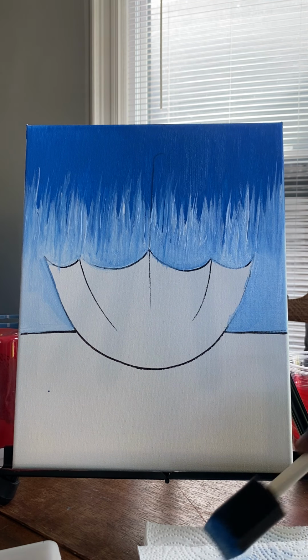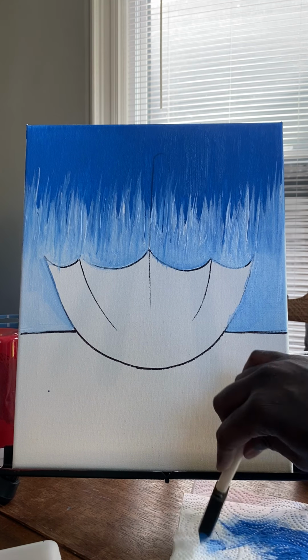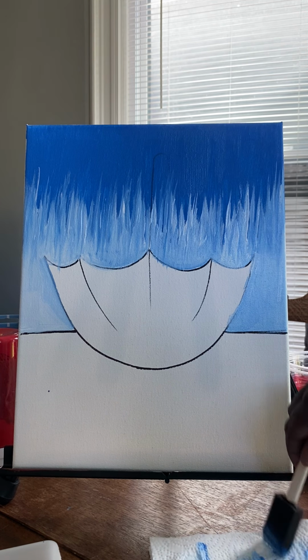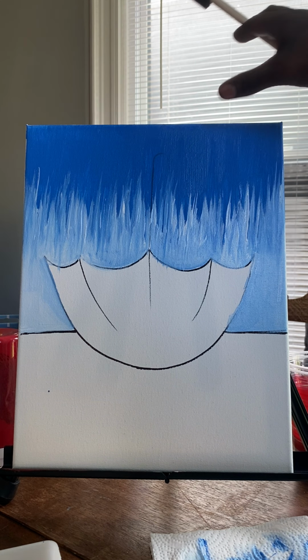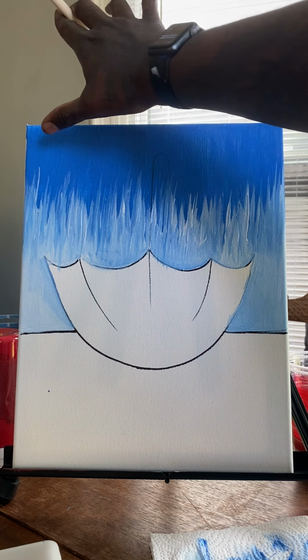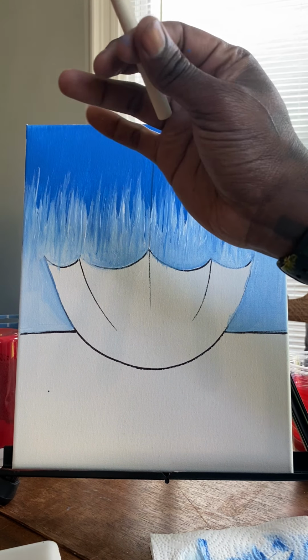For this next step, I'm going to be taking my paintbrush. I'm wiping the excess paint off of my paintbrush onto my paper towel. I am not dipping my paintbrush in water for this next step. What I'm going to do is carry a darker blend at the top. My blue is a tad bit wet, but I'm going to have to add a little bit more to get this to blend properly. So lightly tap your canvas, and if you notice that your blue is dry,